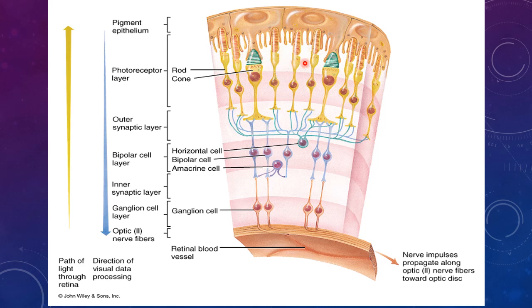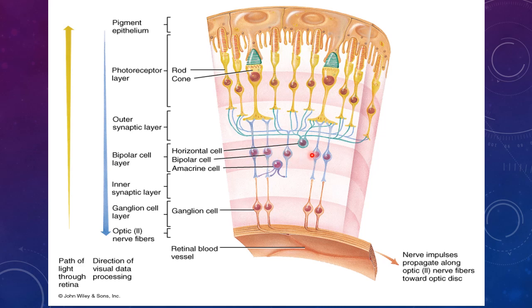This is the photoreceptor layer, in which the outer segments of rods and cones are appreciated. Deep to this are the nuclei of the rods and cones, which make up the outer nuclear layer, and their axons make synaptic junctions with the dendrites of bipolar cells present in the underlying layer. Here they make complex synaptic junctions, so that's why this is the outer plexiform layer.